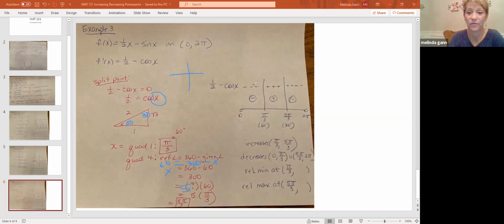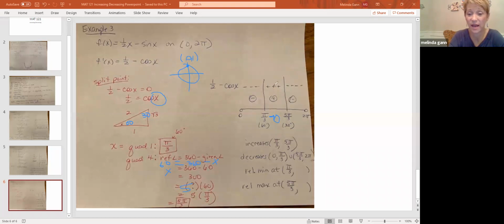and I say 1/2 minus that number, the answer is negative. All right, think of an easy number between 60 and 90 and 300. Wouldn't 90 be a number? 90 degrees? All right, remember 90 degrees is up here. Okay. So remember that's the point 0, 1 on your unit circle. So, you know, at 90 degrees, your cosine would be 0 and 1/2 minus 0 is 1/2, and that's positive,